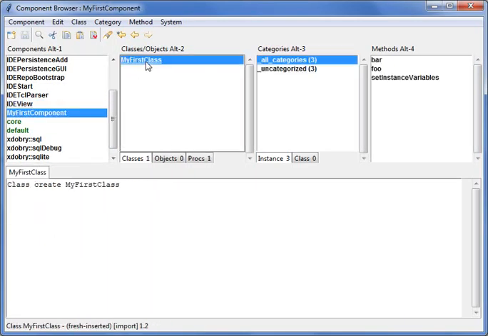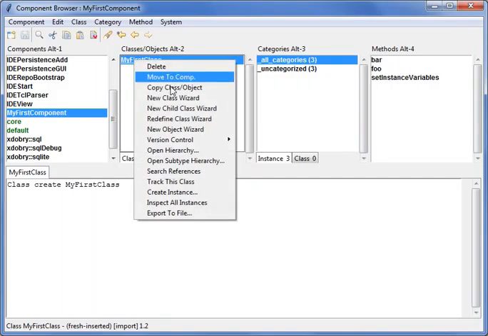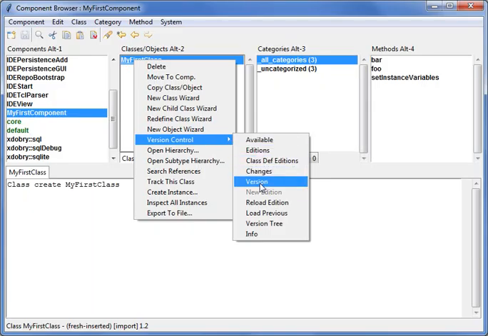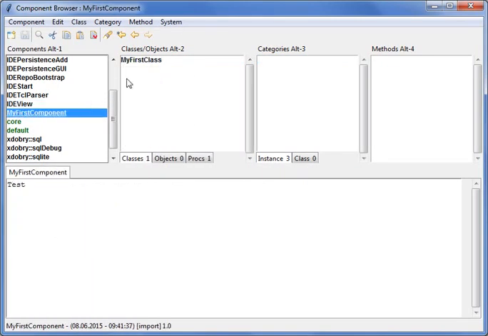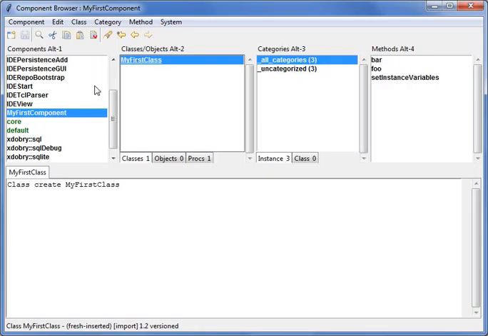Maybe I show it with this concept. I can make a version of the class. It means something like a tag. Set a tag so it's fixed, or make a tag branch in SVN. I version it. One difference is that I see it is black now, here in the upper area. I see it's versioned, and it means that this versioned class cannot be changed.